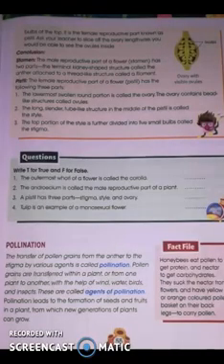So our next topic is pollination. You might be thinking, what is this pollination process? The process of the transfer of the pollen grains from the anther to the stigma by various agents is called pollination. Pollen grains are transferred within a plant sometimes, or sometimes from one plant to another. This is done by certain agents. What are these agents? These agents are wind, water, birds and insects. They are called the agents of pollination. After pollination, the seeds are formed and then the fruits are formed. This leads to the formation of the new generation of the plant.